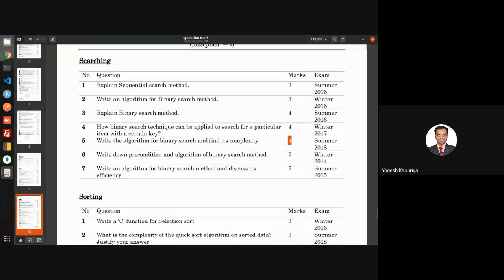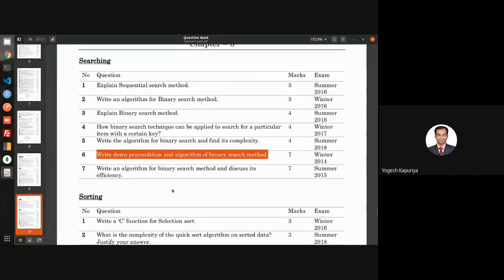ऐसा नहीं है कि आपको अगर कोई टॉपिक पता है और 7 मार्क्स का 3 मार्क्स का है और आपको जितना पता है वो सब लिख दिया, right? That will actually affect your timing. Basically in data structures there will not be any crisis for timing, right? Because there are no long answers, there are no long descriptions which you are supposed to write, but still you need to focus on this as well when you are writing the answers. So that was binary search.